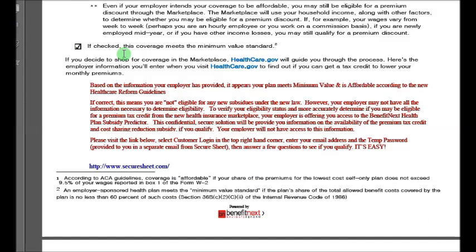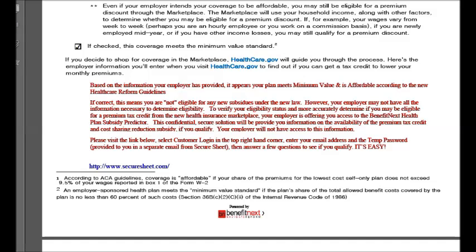This last box indicates whether or not this plan meets minimum value, or in simpler terms, does it meet the minimum coverage requirement defined by the Affordable Care Act. A plan meets minimum value if the plan's share of the total cost covered by the plan is at least 60% of such costs. The last section we need to look at on this very helpful document is the text